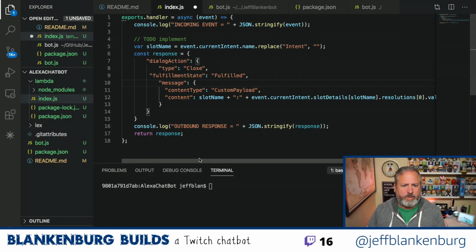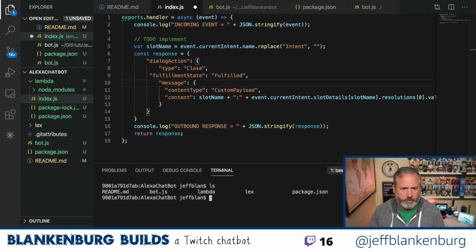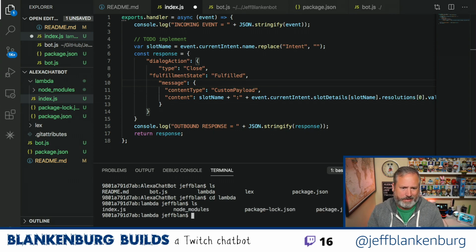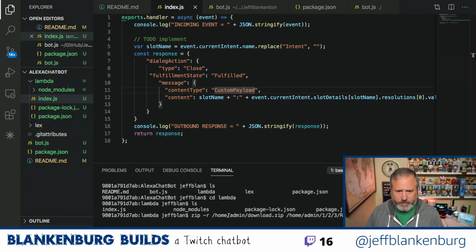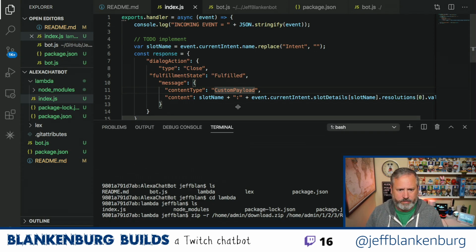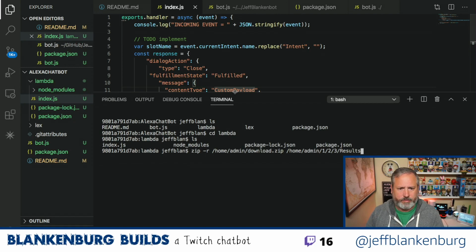So I should be able to come in here, and if I'm in the Lambda directory, which I am not currently, I have a folder called Lambda. So we can say cd Lambda, and then in here I have my Lambda stuff. I haven't even saved that file, so let's save that file. And then in here I want to say zip, and let me move this up so you can see what I'm doing.